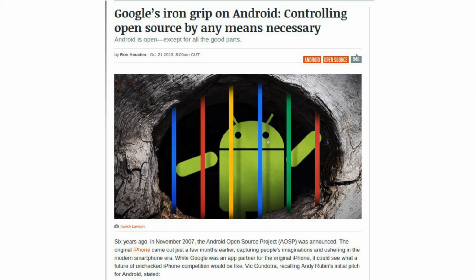This is a great article that came out in 2013 and was re-released in 2018, which was talking about Google's control of that Android ecosystem, even though it's open source. As in, there's a whole bunch of nefarious, nasty stuff that Google do around Android to try and really lock that down. And most of that really is around Google Play services and around their app suite.